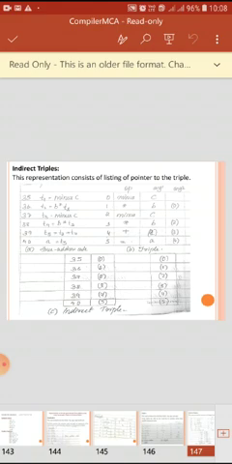0, 1, 2, 3, 4, 5 is the position number of the triple, or rather we can say the line number of the instruction. Now we are saying that this 35 basically refers to line number 0. This 35, which was the position number of the 3 address code, basically refers to line number 0 of the triple. What is line number 0 of the triple? Line number 0 of the triple means minus C.